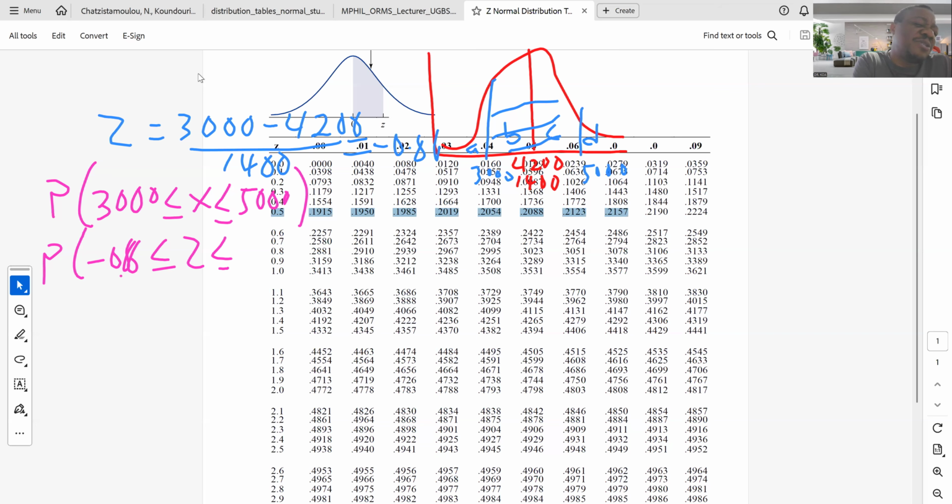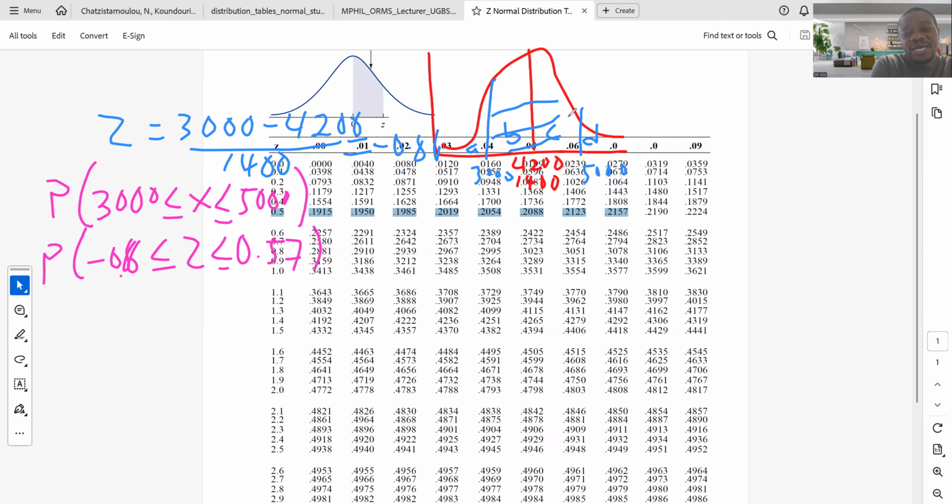What was it? Was it 1.29? I've forgotten that number. Or 0.57? Which one? I think it was 0.57. No, not the probability, I'm talking about the Z value, because how you write it is very important. The Z value for the 5,000, was it 0.57? Yeah, 0.57. Good. So it's 0.57.